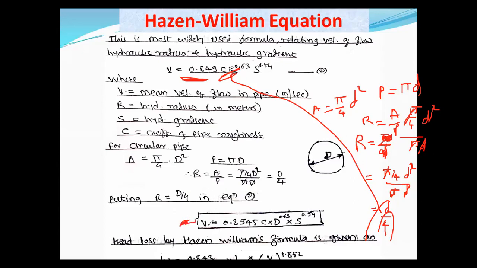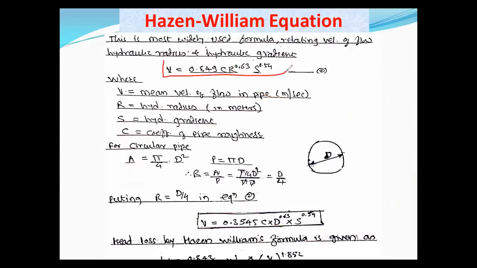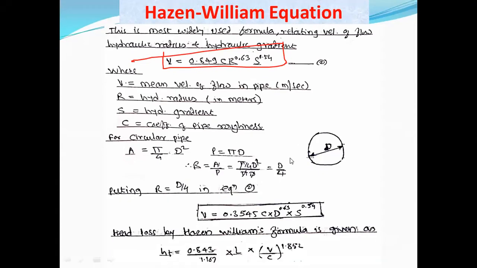So write down this another equation, second equation for the circular pipe. So directly we can go for this equation. Instead of finding the R, you can use this equation or this equation. Both equations are the same, but here instead of writing R, this equation is written in terms of diameter. But if you know the values of diameter and radius, we can use this equation also. Head loss by Hazen-Williams formula is given.